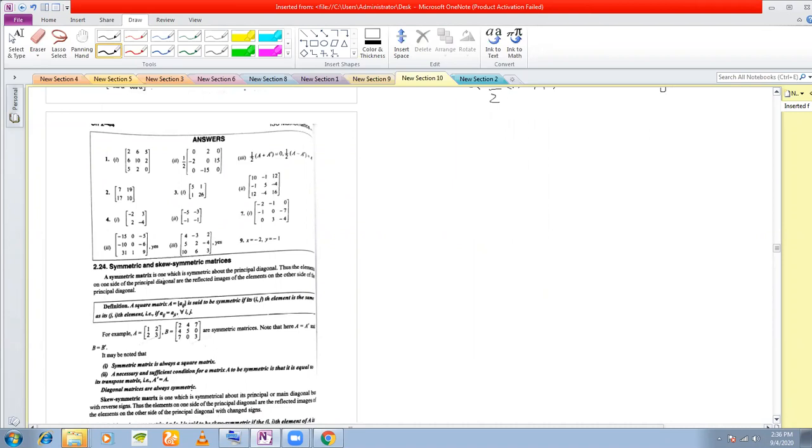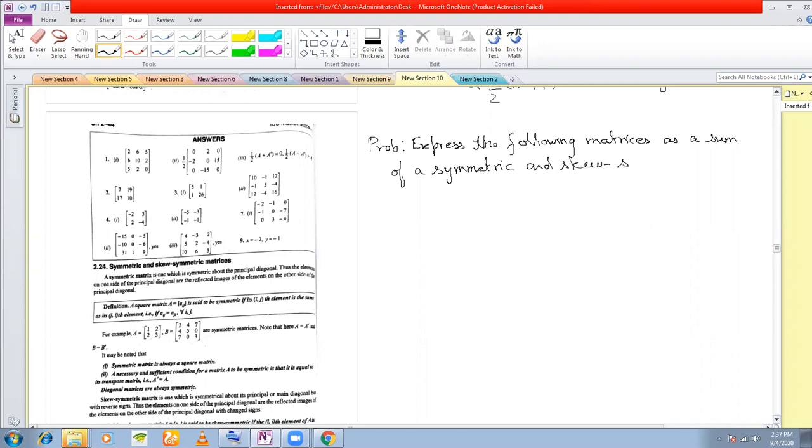Let me write the question. Express the following matrices as a sum of a symmetric and skew symmetric matrices. Okay, so the first question here is this: